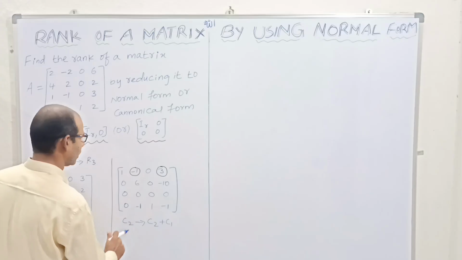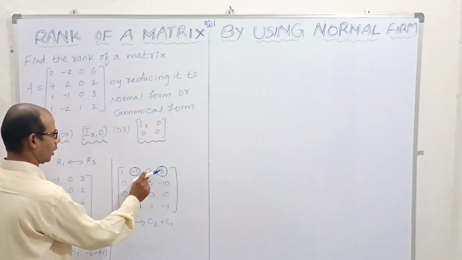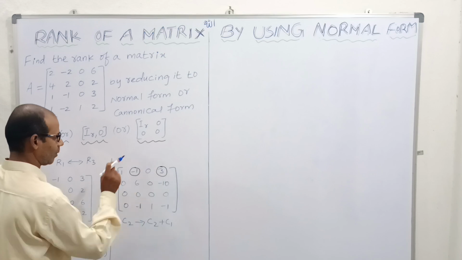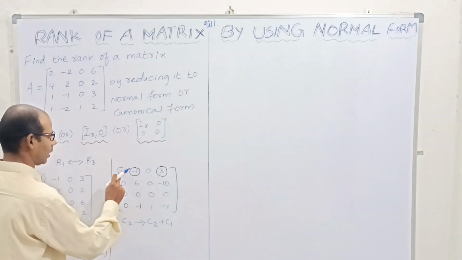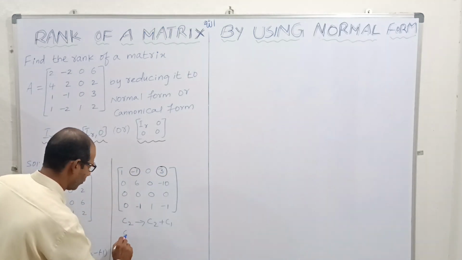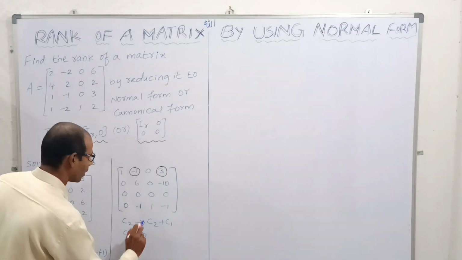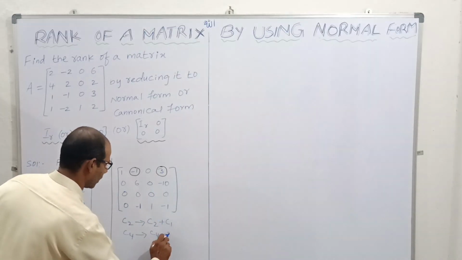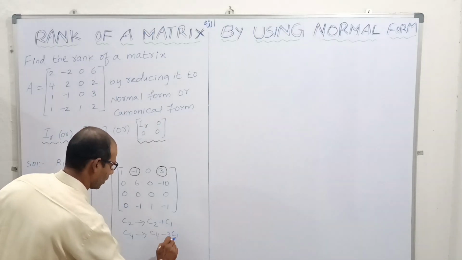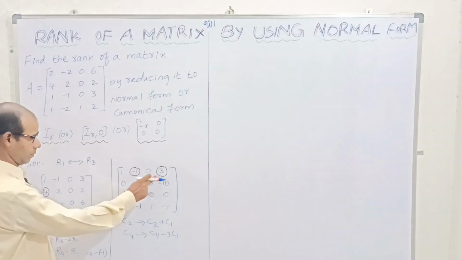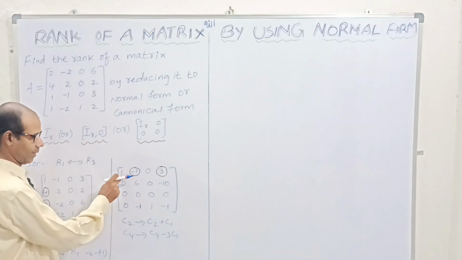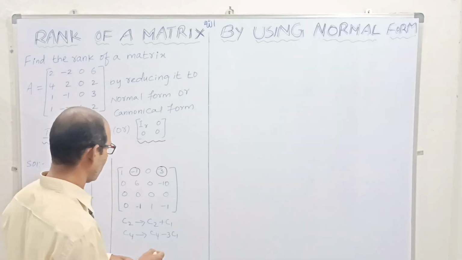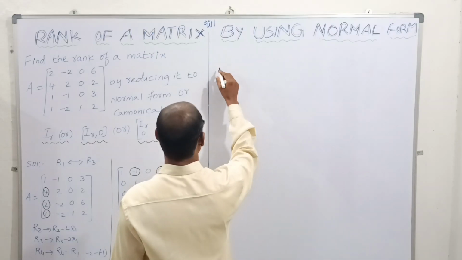Okay. Now for the third element is already 0, so no need to worry about that one. Now we'll try to make this element as 0. So now here 3, here it is 1. So C4 is changed as C4 minus 3C1. C4 is changed as C4 minus 3C1. So then only it becomes 0. So therefore what happens now? Therefore capital A is equals to,